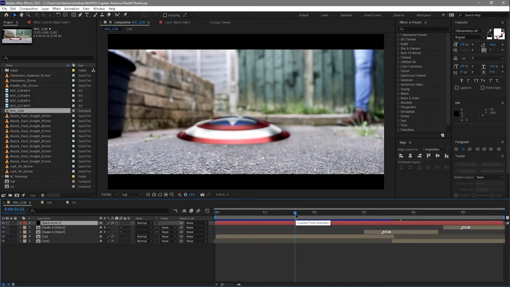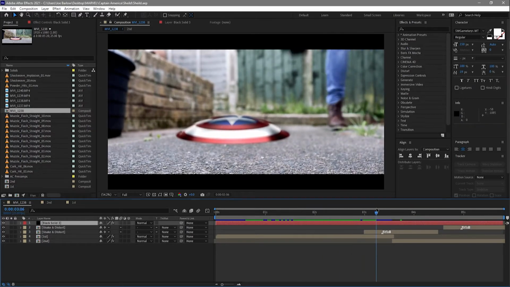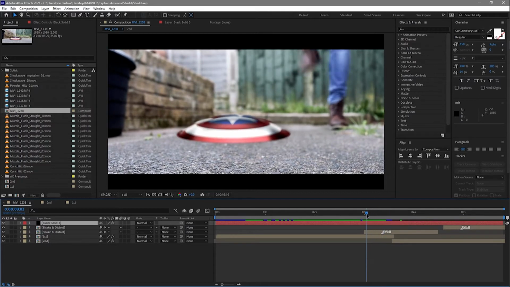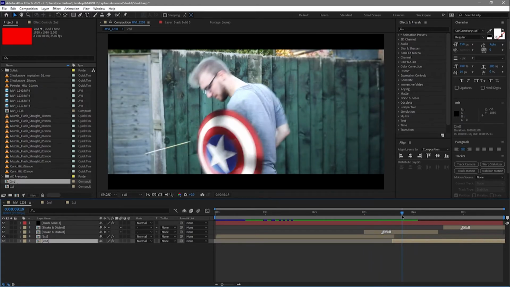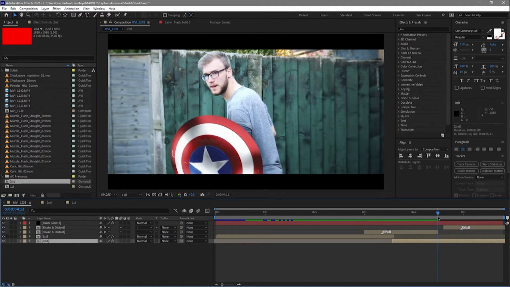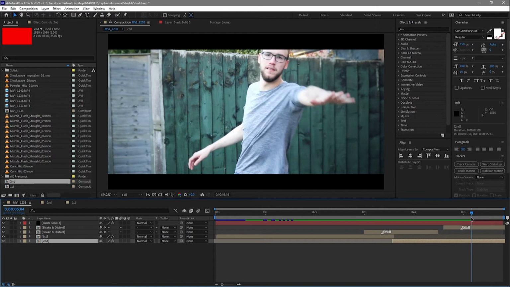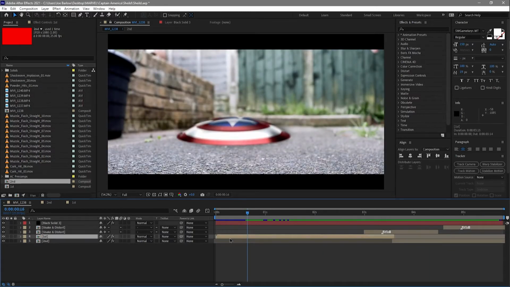So here we are over in After Effects, and what we've got today is two separate shots. We've got one where I walk onto scene and do that with the shield. This is something we see Captain America do a couple of times, specifically in the elevator shot from Winter Soldier. Then we see me catching the shield, a bullet ricocheting here. That was just something to add a little bit more to the shot, and then me frisbeeing the shield out of shot. So let's start with shot one.